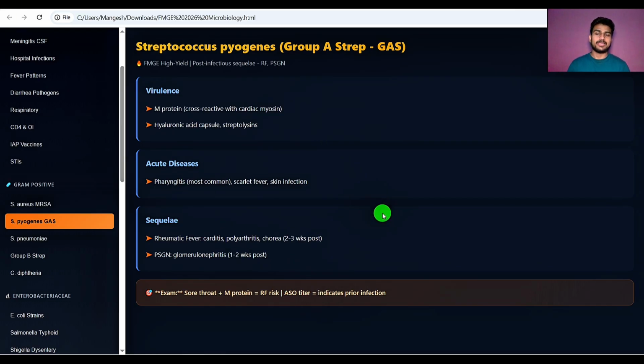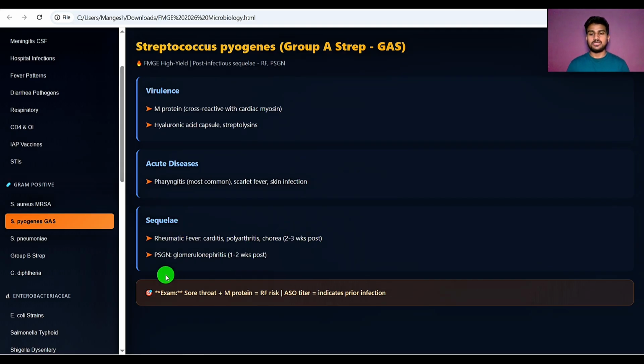The next thing is about the acute condition of the disease. It causes pharyngitis, which is the most common. It can also cause scarlet fever and skin infections. And there is a sequela: whenever there is this disease, it is in association with rheumatic fever. In rheumatic fever, the patient might present with cardiac symptoms like carditis. There can be polyarthritis. There can be chorea, a sudden onset of uncontrolled movements. Like we all know about Huntington's chorea. This is that chorea, which can occur 2 to 3 weeks after this infection. There can also be post streptococcal glomerulonephritis, that is PSGN, and it occurs 1 to 2 weeks after